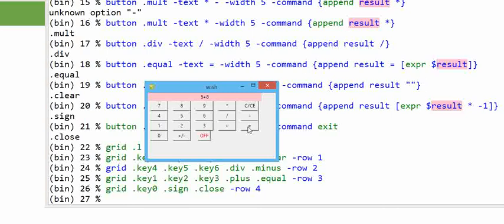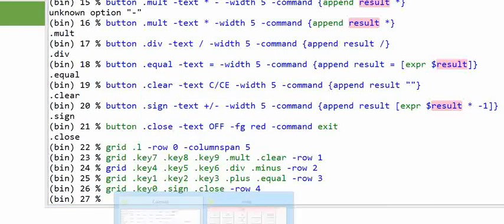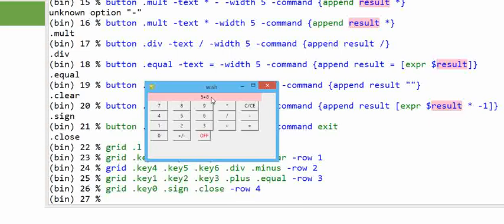If I press equal, it will append the equal, as well as the expr result. The current expression 5 plus 8 is equal to 13. So the equal button appends two values: first the equal symbol, as well as the expression result, 5 plus 8 equals 13.